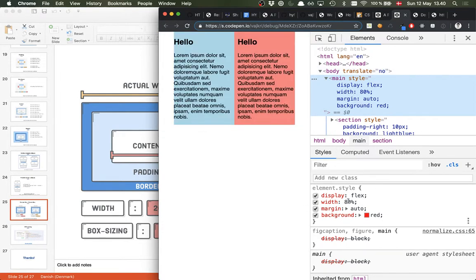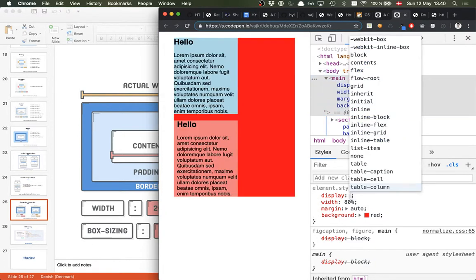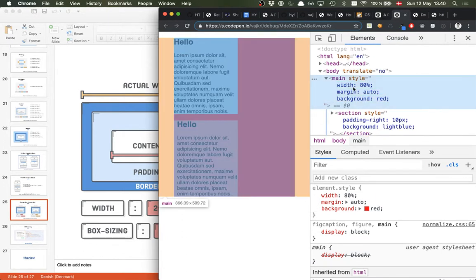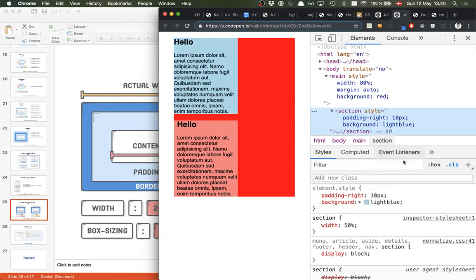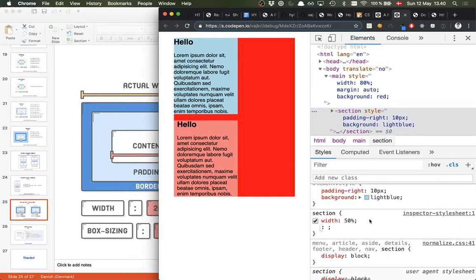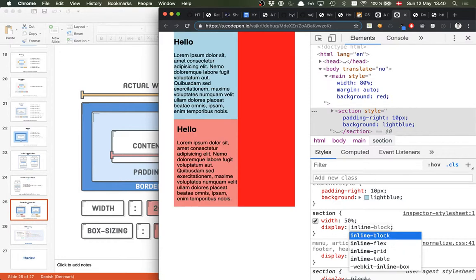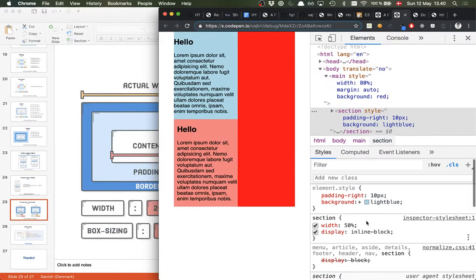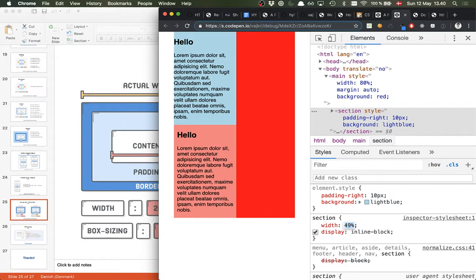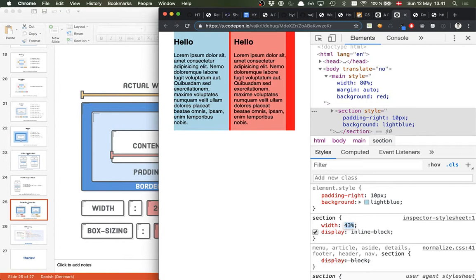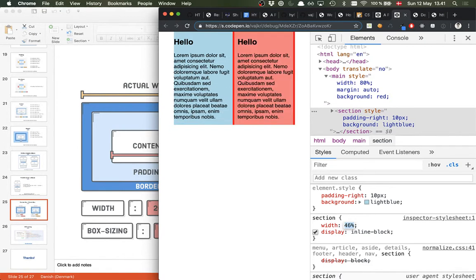illustrate this with display flex because it's working too well. So we have to go back to the old school way of doing this, and we'll say that the section should be display inline block. Okay, so you can see that if I take the width down a bit, then it will jump next to each other. So it is sort of working, but